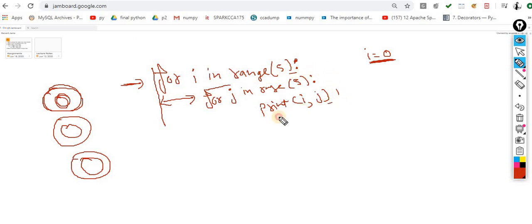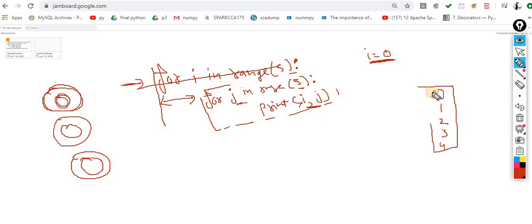This loop will be executed, and what this loop will do is run from 0 to 4 basically, 5 steps. Now I am printing i and j. When i is 0, the j loop will execute. If I leave this line and print only the value of j, the output I will get is 0, 1, 2, 3, 4. I will get this output.